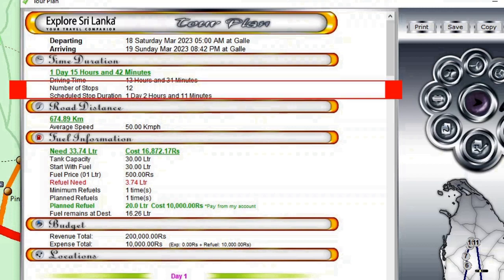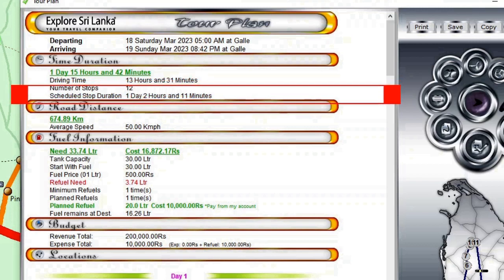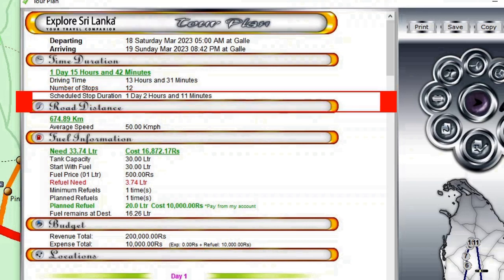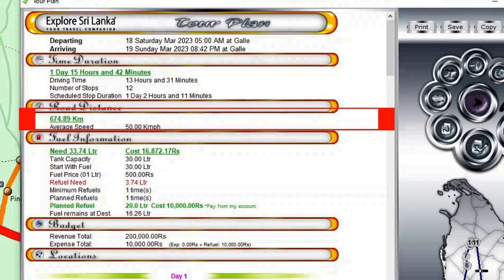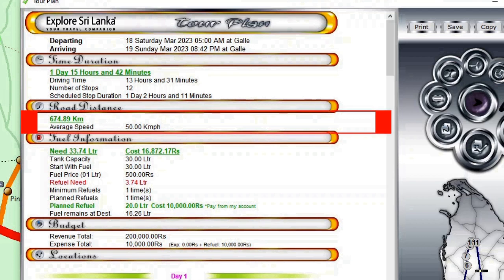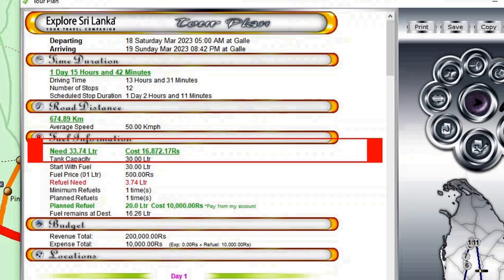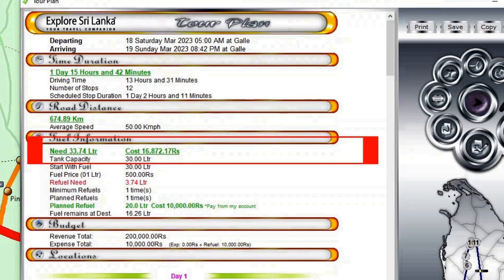Number of stops is 12. Scheduled stop duration is 1 day, 2 hours and 11 minutes in total. The road distance is 674.89 kilometers in total. Average cruising speed is 50 kilometers per hour. Total fuel need is 33.74 liters, and it costs